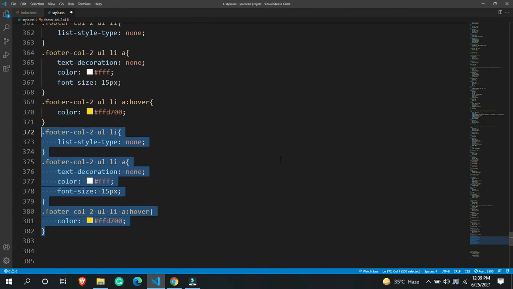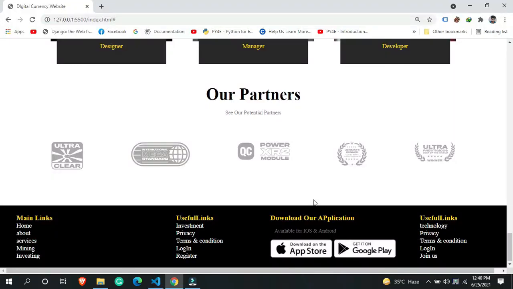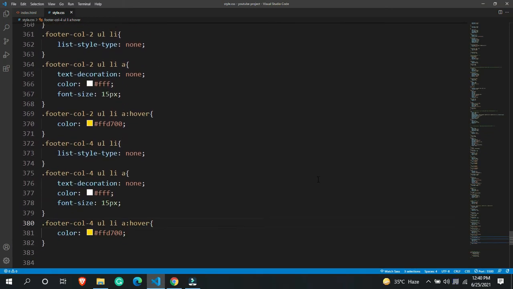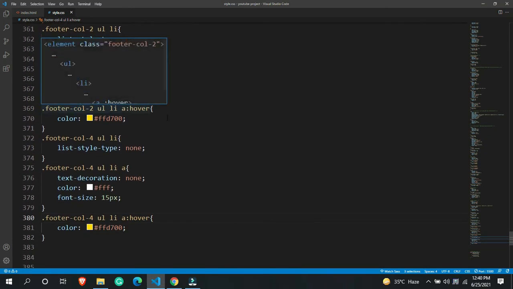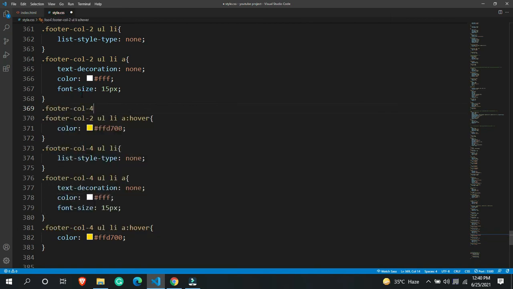And then it is going to be also for the call 4. Now we are getting all of these things very accurately. And these are the things we are getting. That is totally fine. And let's target another thing that is called footer call 4,